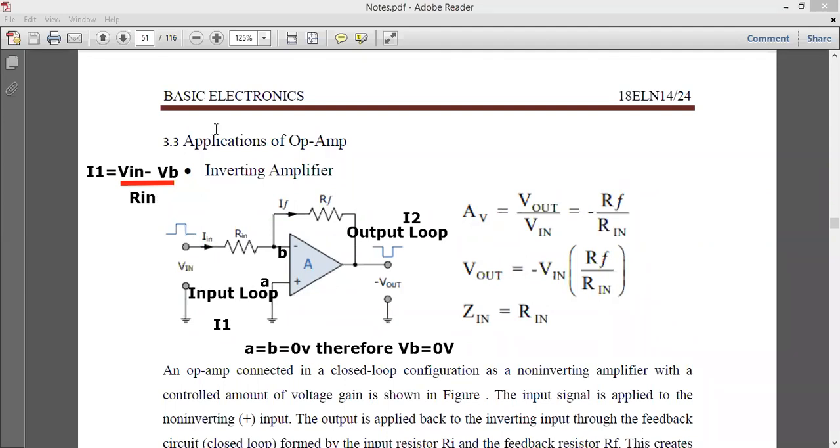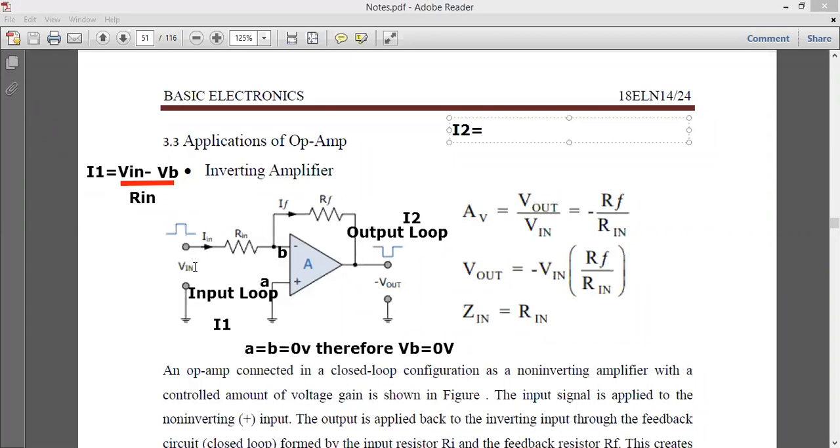Okay, now let us go for the current I2. Find the current I2. So I2 current is equal to, okay, again apply the law at the output side. I is equal to V divided by R. Okay, so you can use this also. What is V here? Here V is nothing but again you have two voltages. कौन कौन से दो voltage हैं आपके? One is output voltage, correct, at the output side. One is output voltage, but here you can see the arrow mark. Okay, the applied input voltage is following through the loop also.